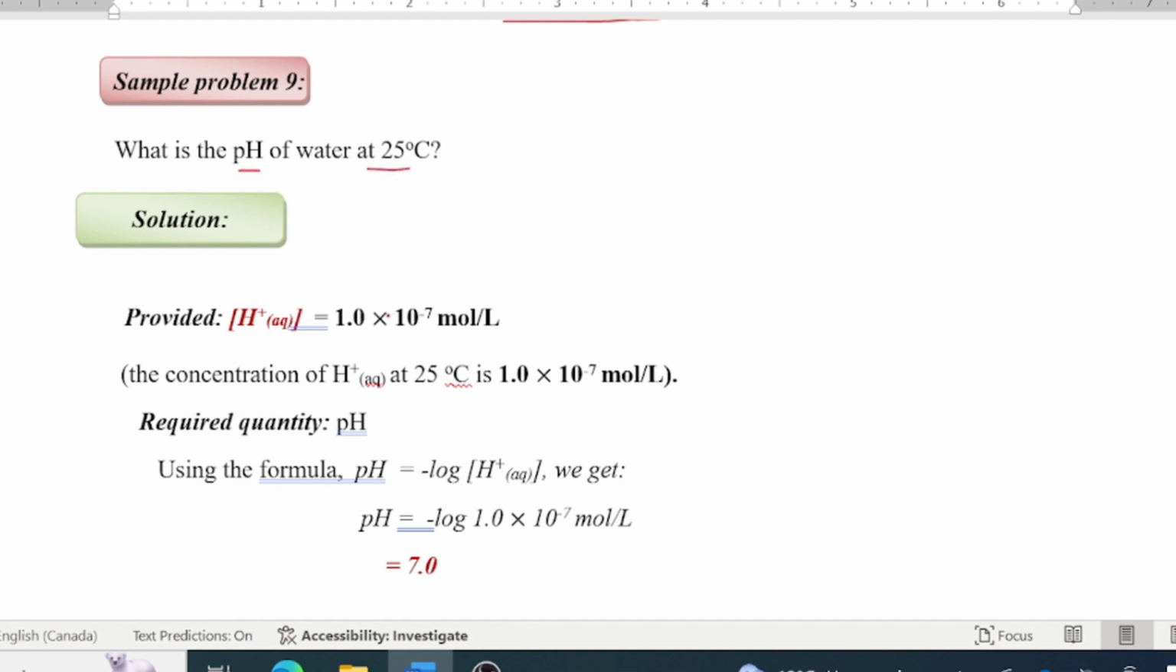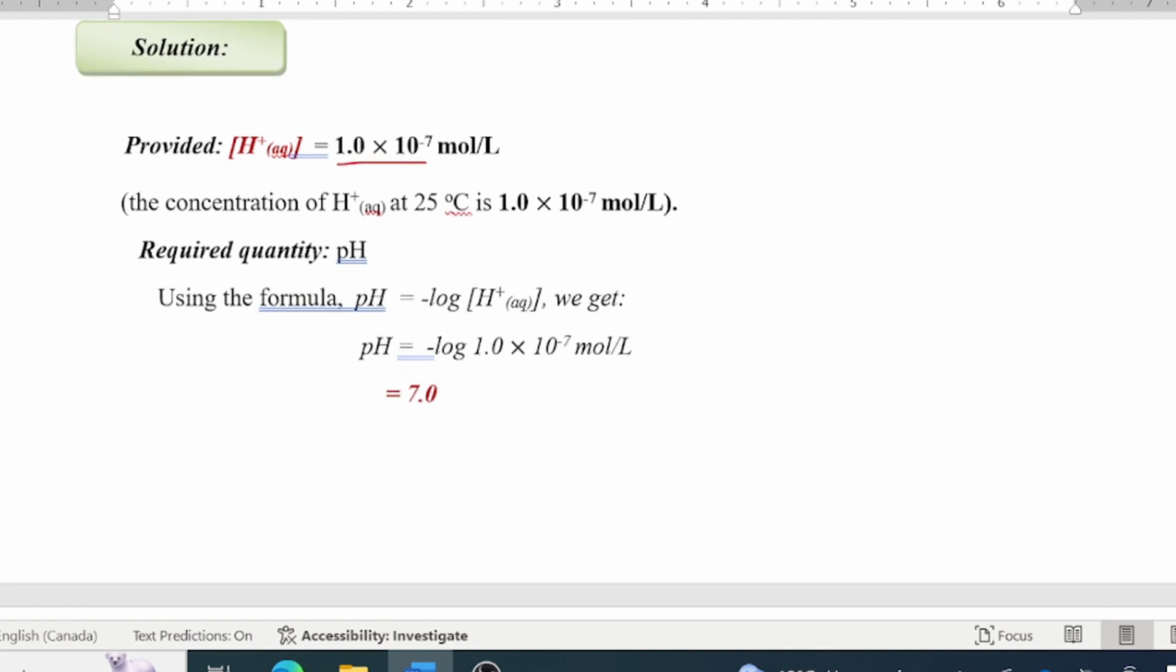We know that the hydrogen ion concentration at 25 degrees Celsius is this. It changes if you raise the temperature of the water, because it causes a greater degree of autoionization, and therefore you'll have a greater concentration of hydrogen and OH. This is only for water at 25 degrees Celsius. So this is the concentration. All you do is find the negative log of this value here